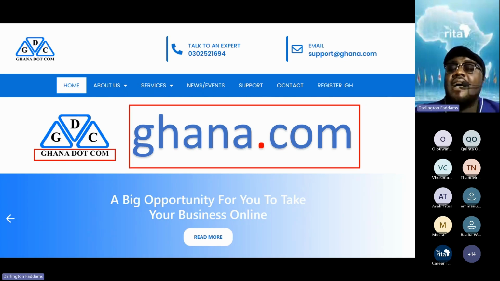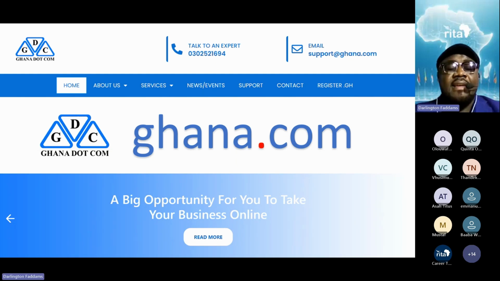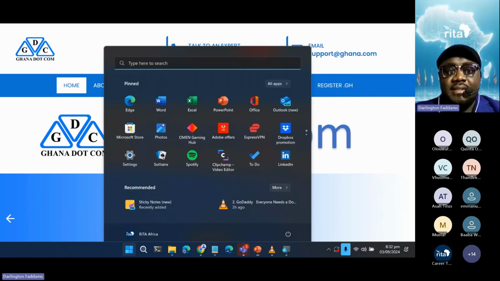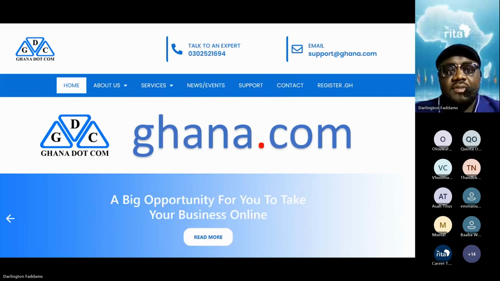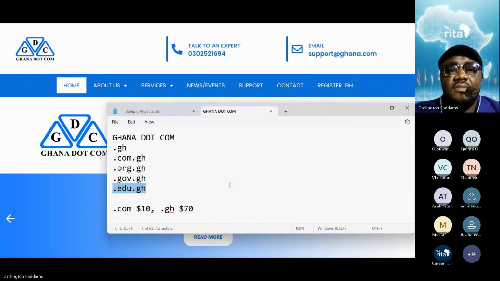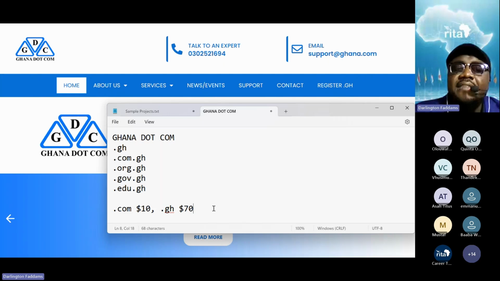They also provide some of the services that you provide as your company, but they have the authority and they are the only company in Ghana with the authority to register Ghana top-level .gh domains. What do I mean? We have some domains called .gh.